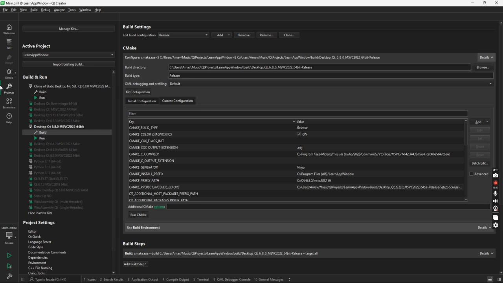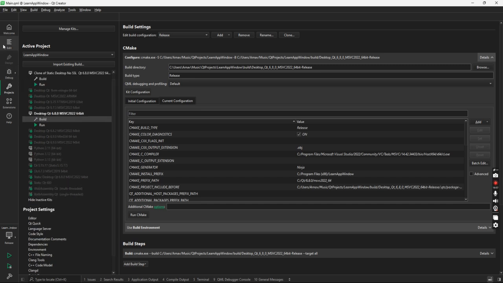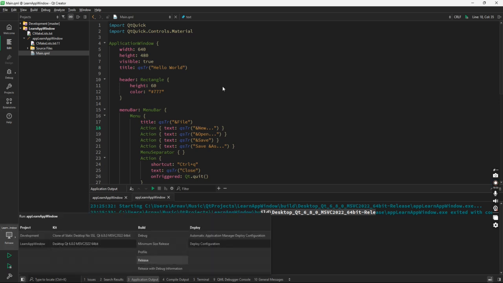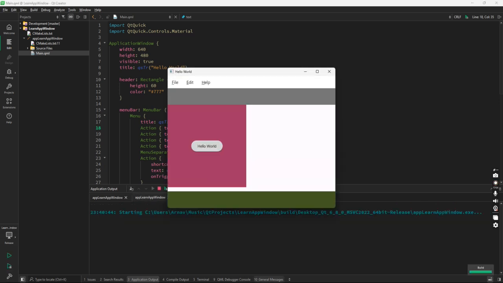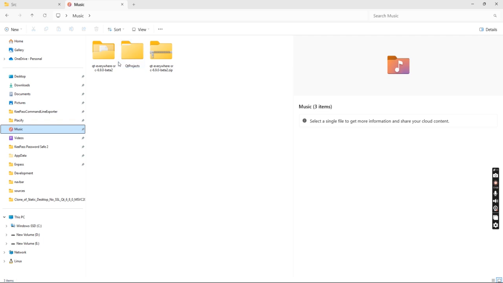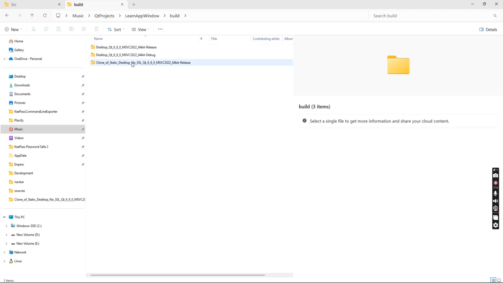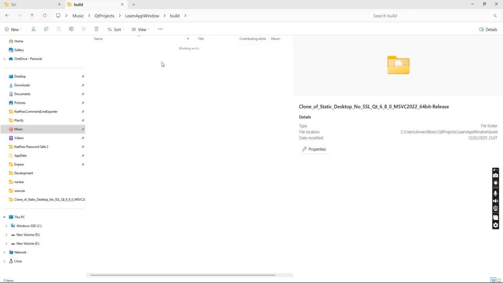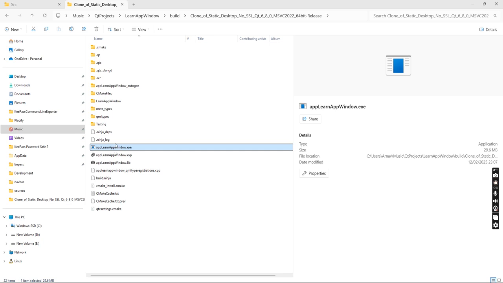and you will see you have to quit Qt Creator once and run it again, and after that in the projects section you will be seeing static Qt desktop something, right? Whatever you named it, you have to choose that and click on release, and when you run the application the process is exactly the same. A build folder will be created, right? For example, in my Qt projects, here a build folder will be created, and you will see your Qt version name/release, and here you will see the exe, and then you can just directly copy paste the exe to